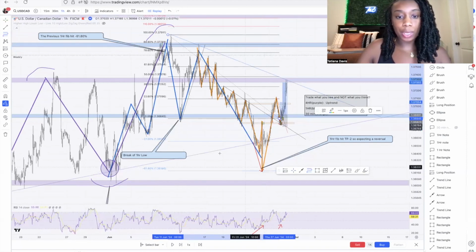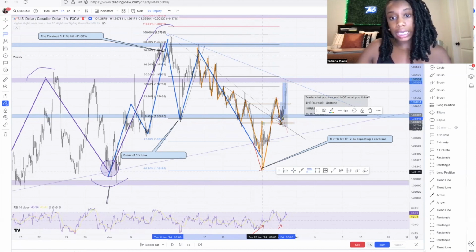So not only do we have price testing this 4 hour trend line, but we have price reversing right here on this 1 hour trend, which is more than one indication that price is about to go in an upward direction. So remember how I said in the beginning, the first thing that we're trying to do is tell the